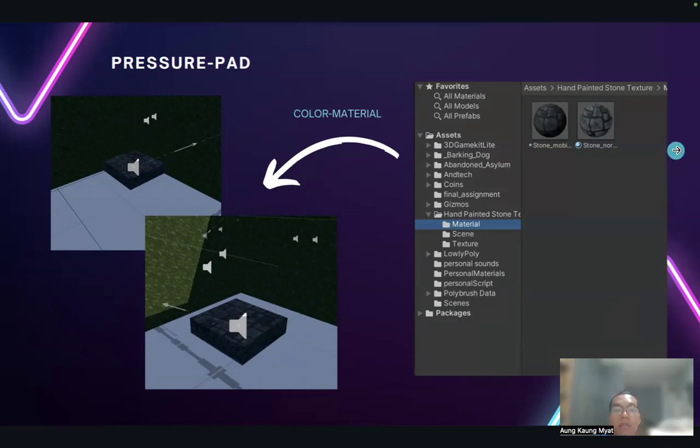So that is all from me, and I believe I effectively fulfilled my responsibilities and contributed positively to the project. And I successfully implemented the info zones, pressure beds, and grass features, enhancing the player experience. And also, I effectively communicated and collaborated with the team, ensuring smooth final project progress. So that is why I rate myself as 7.5 out of 10 for my overall contribution. So next slide, please.